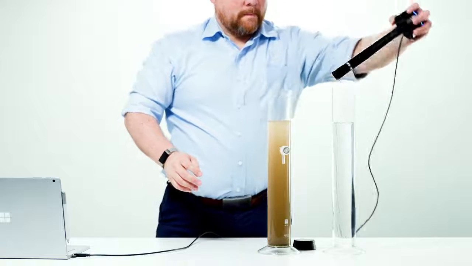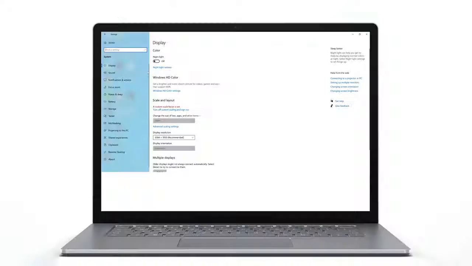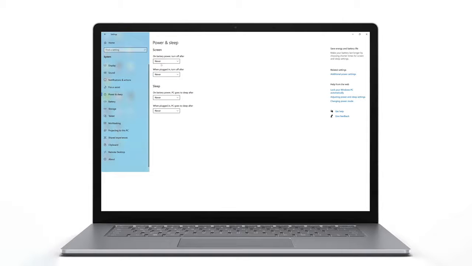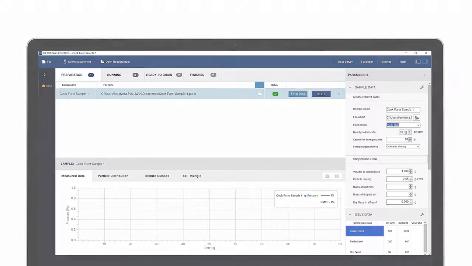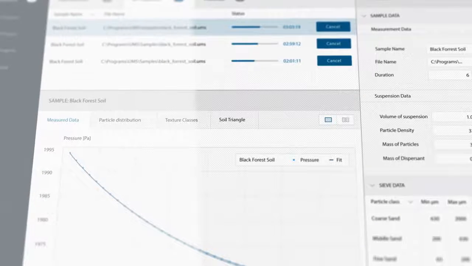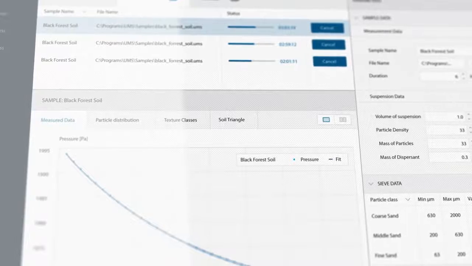The amount of time from the end of the mixing until the insertion of the PARIO device should not exceed 20 seconds. Remember to make sure the computer standby mode and automatic updates are deactivated to avoid interrupting the PARIO measurement. If the device detection was successful, the measurement status line of the running measurement, shown in PARIO Control, is moved automatically from the Preparation tab to the In Progress tab, and the PARIO LED ring changes to slow pulsing blue. PARIO Control now records 3 parameters, time, pressure, and temperature, every 10 seconds and depicts the recorded data graphically